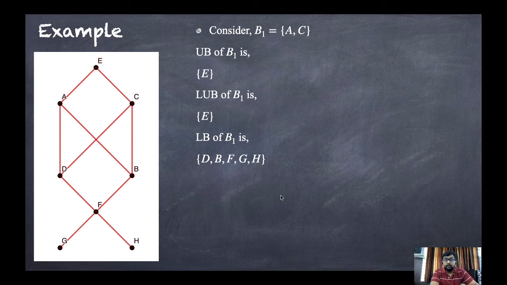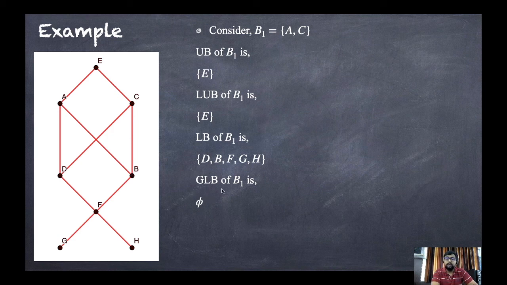Okay. Now, listen carefully. What will be the greatest lower bound? Among F, G, H, B, and D, what is the greatest one? You can see that D and B, they both are the greatest ones, but the greatest has to be the one only. So what will it be for D and B? It will be phi. Why? Because both are at the same position, that means the same height, and D and B are not related, so here it will be phi.